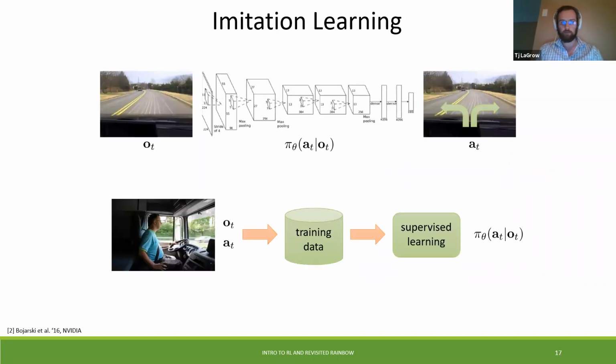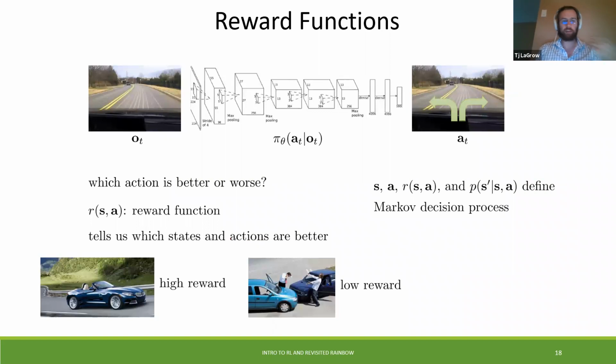So we've gone through sort of imitation learning, but let's talk about the reward function. So which action is then going to be better or worse? And so here we're going to have some reward function based off the state and the action. And so we can define this as a Markov decision process, and it'll tell us which is going to either have a higher reward or a lower reward. So this helps us when we're thinking about how to potentially retrain the algorithm over and over. We want to maximize the best reward. So we're going to try to make the reward as high as possible given the state and the action.